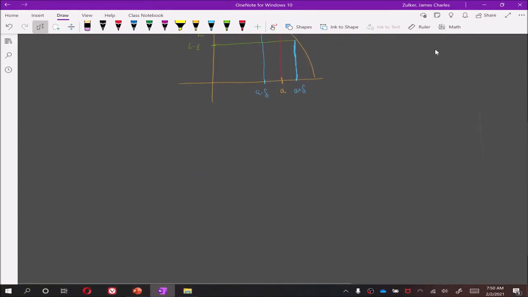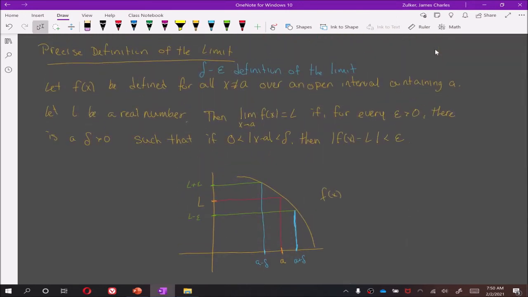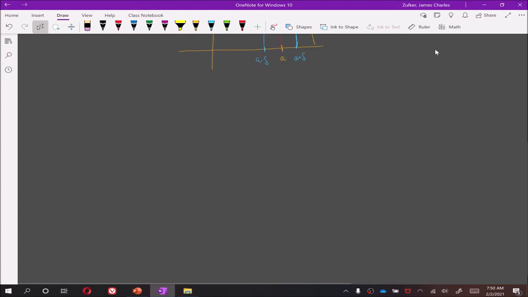Let's now look at the one-sided limits. So again, let f of x be defined for all x not equal to a over an open interval containing a. That's going to be sort of a standard. Let L be a real number. That's also going to be kind of a standard. So limit as x approaches a from the right of f of x is equal to L